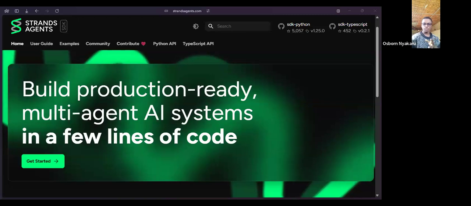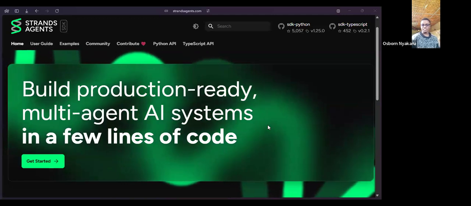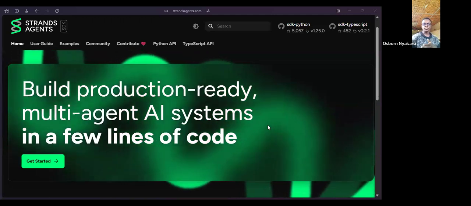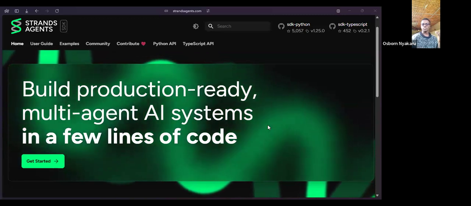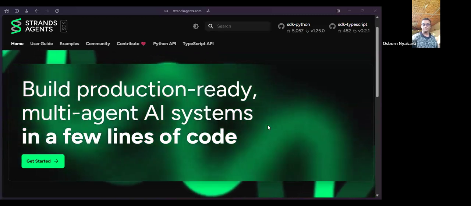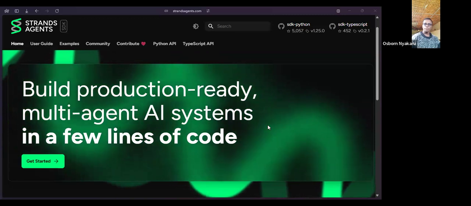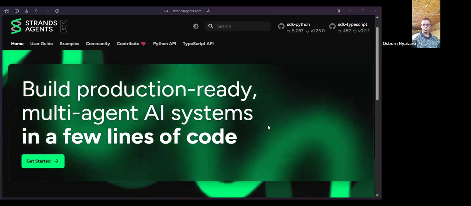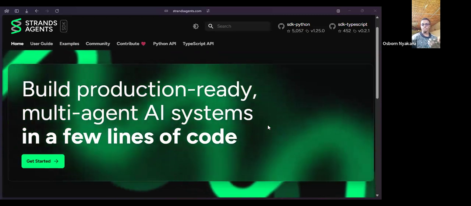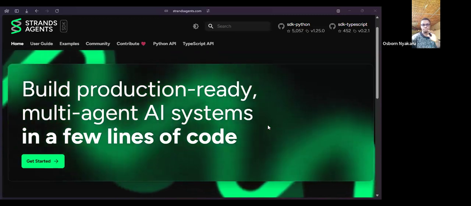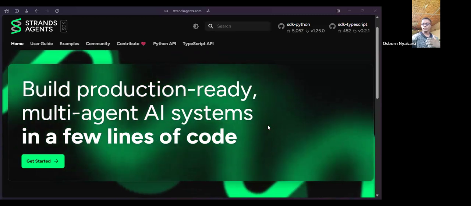Strands Agents is an open source code first framework designed by AWS engineers to facilitate the creation of production ready AI agents. It was first publicly released by AWS in around May, just last year. So it's still new, but from what I've seen, the capabilities of this framework are mind blowing.